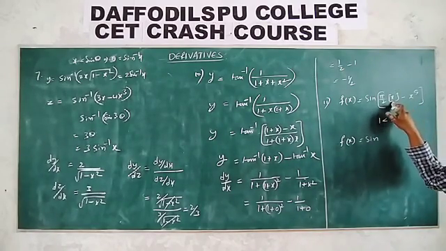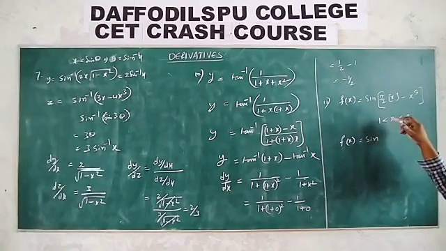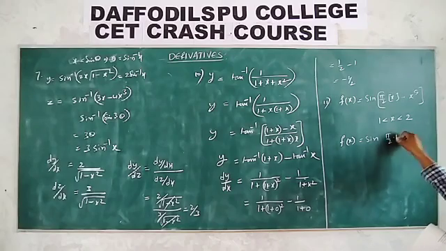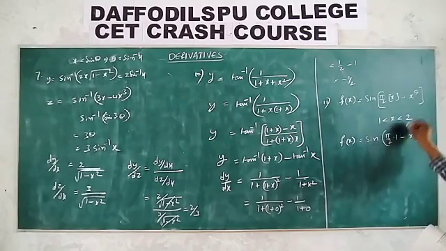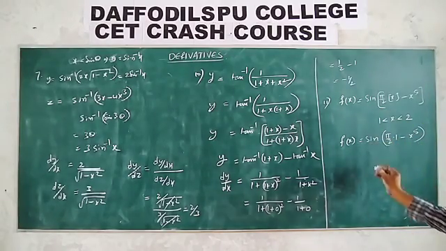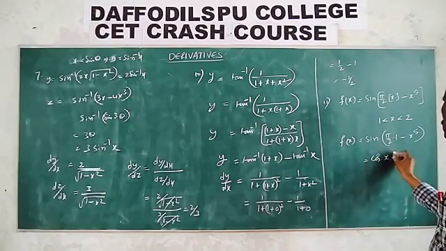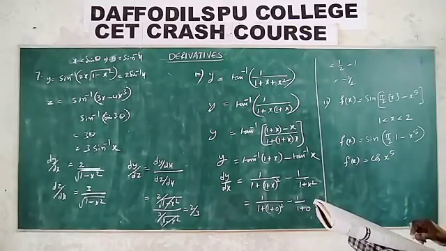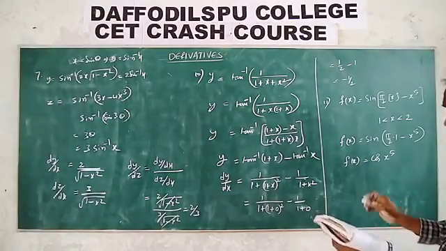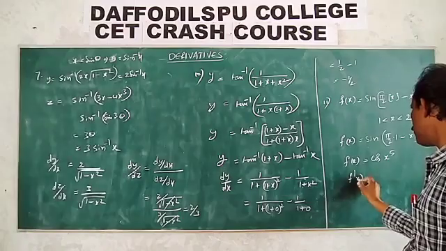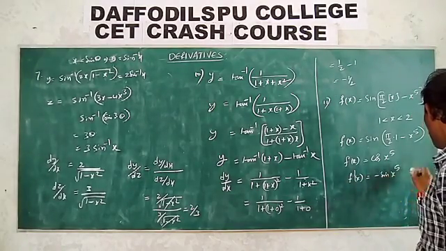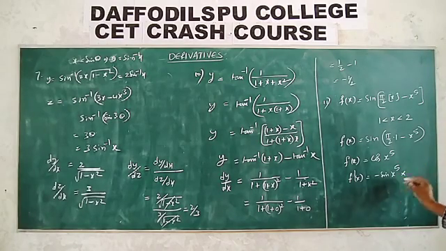What is this answer? Between 1 and 2, that value is equal to 1. Therefore the step x value is 1. So f of x is sin pi by 2 minus x to the power of 5, that is cos x to the power of 5. What do they ask? They ask f dash of fifth root of pi by 2. So first of all, find f dash x: minus sin x to the power of 5 into the derivative of x to the power of 5, which is 5 into x to the power of 4.